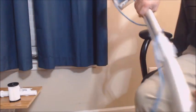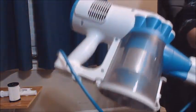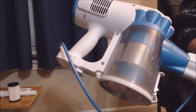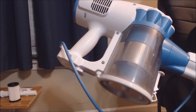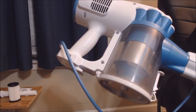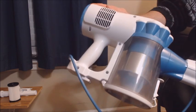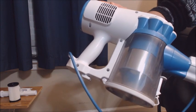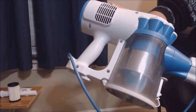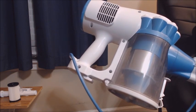The brush head is the width of a stairwell tread, so even on carpeted stairwell treads, I found this pretty easy to get to work and clean the stairs pretty good. Again, it doesn't roll as smooth on a carpeted stair landing, or on thick carpet floors. But again, it's not really designed for that. It's meant for more hardwood type floors. But for me, the big plus of this is it does a pretty good job, and it's pretty easy to